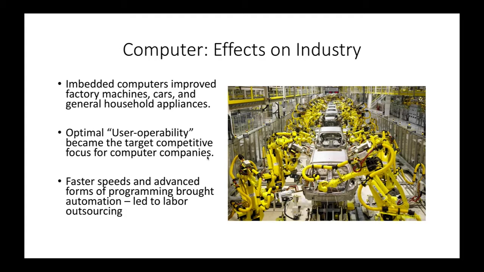Computers also were embedded into other machines later on. They became embedded into cars, into medical equipment, and they also became used in machines on factory floors. Like as you can see here, I have this picture of a bunch of machines making cars that are automated by computers. And so, as you may guess, computers are one of the huge reasons, or the big reason, behind automation and a change in labor.